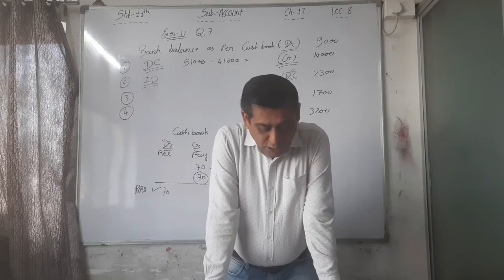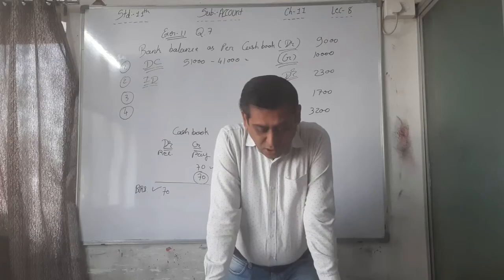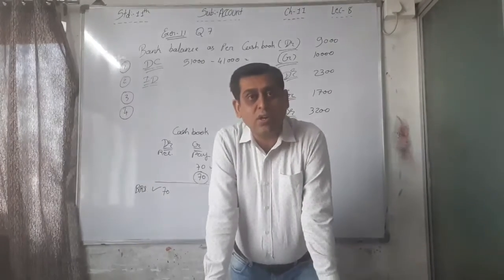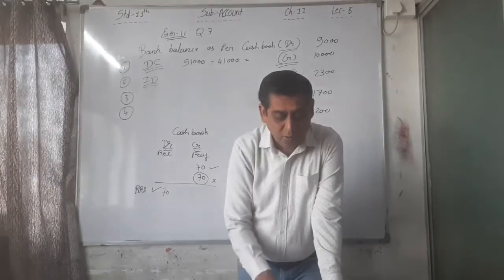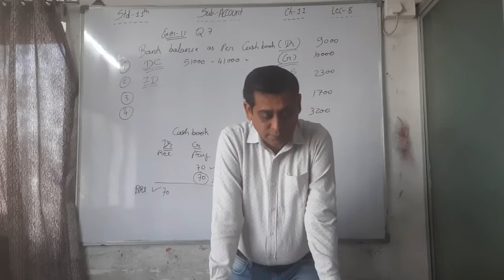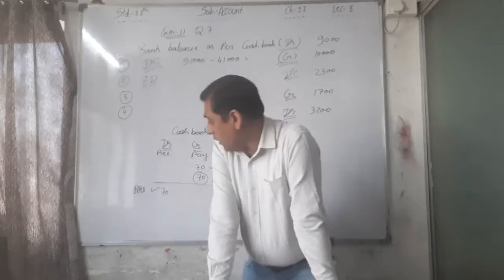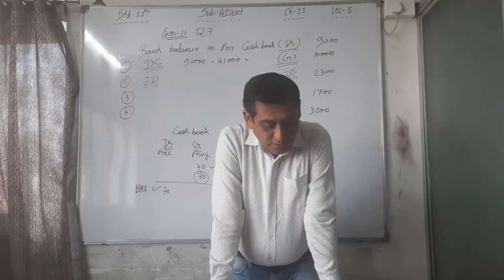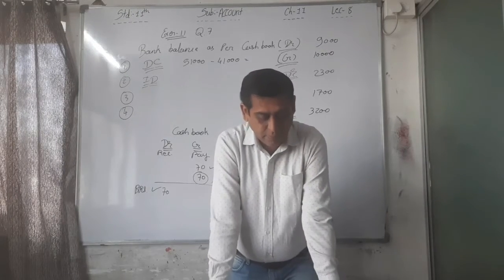6th point, a check of rupees 7650 deposited with bank on 27th October is dishonored. Always dishonored credit. Always dishonored credit. That's why write down credit near the 6th point. 5th point, 70 here debit. Now 6th point, 7650 credit. 7th point,